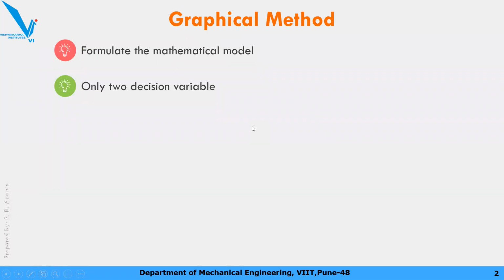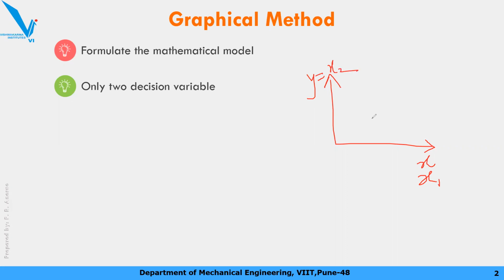Now this graphical method can be used only if there are two decision variables. That means your problem consists of x1 and x2 only. There should not be a third or more decision variable. So the graphical method is applicable only to two decision variables, due to the limitation of having x and y coordinates. Generally, when we make a graph, you have the x and y axis. Generally in LPP we denote the x axis as x1, and the y axis as x2.